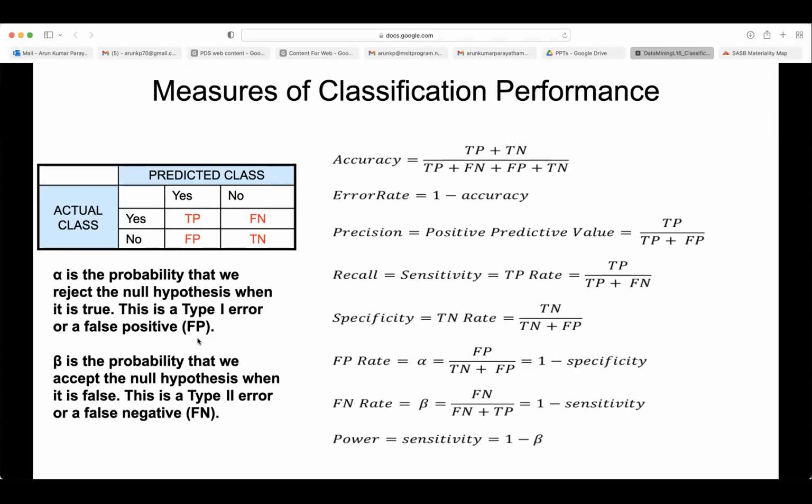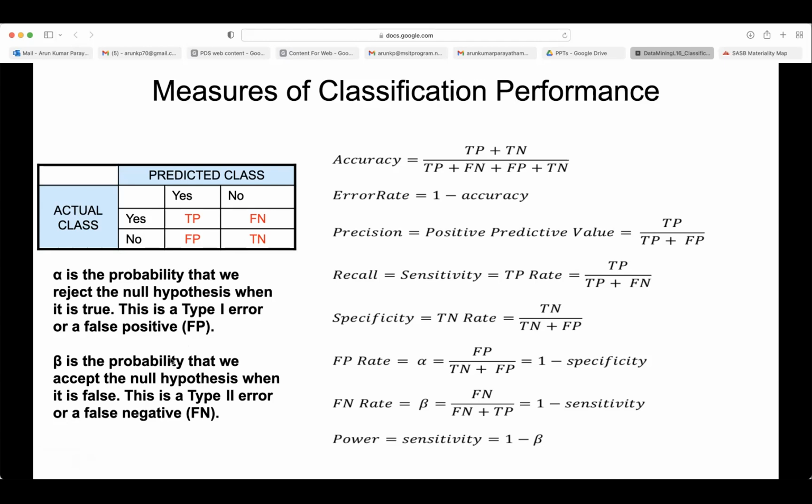So their false positives are okay, but catch that guy who will purchase your vacation ticket. So type 1 errors and type 2 errors are important when you are dealing with class imbalance problems. Then you need to sit with the customer and understand which one is more important for you: not making type 1 errors or not making type 2 errors.